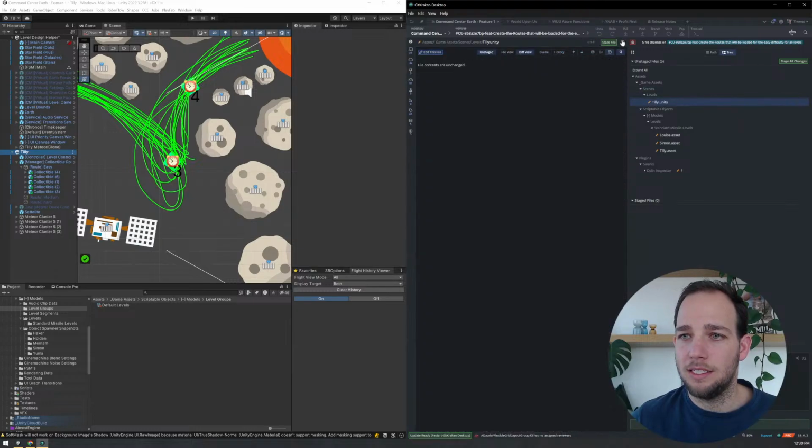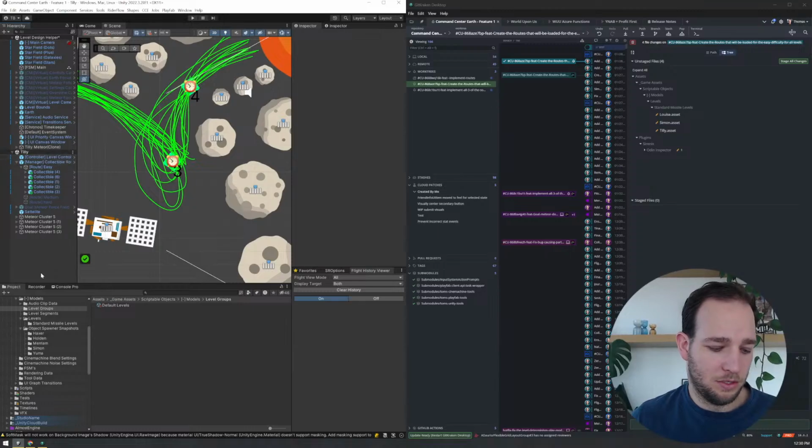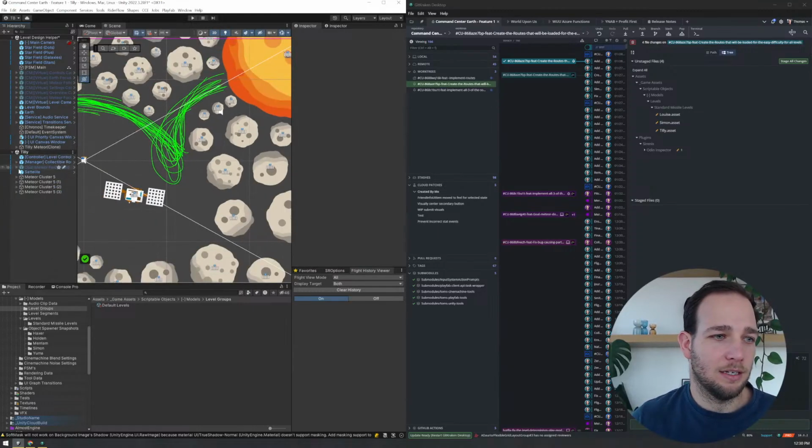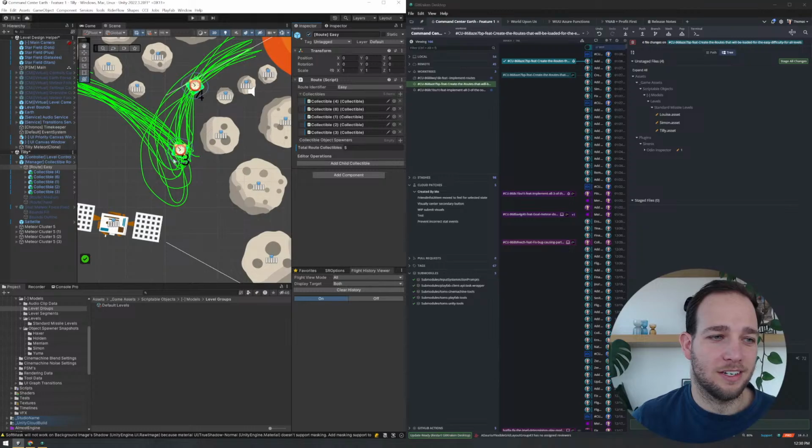So come on, stash the file. Okay, so the file's stashed. Now if I go and reload Unity, we should be able to see how much I moved that. Well, that didn't work as well as I hoped it would.